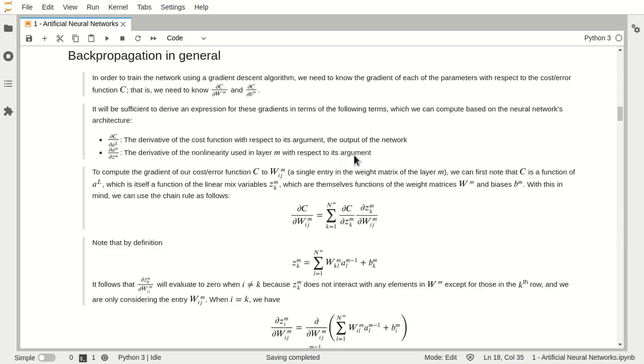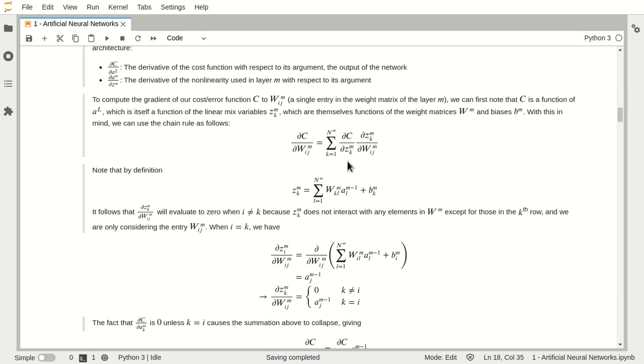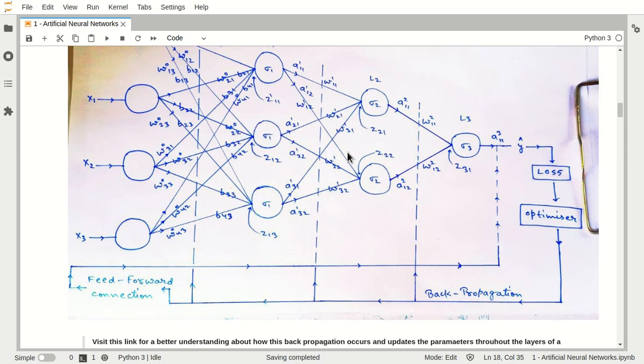So the chain rule is a procedure where one quantity depends upon another quantity, which depends upon another quantity, and in that way we first calculate the differential of this cost with respect to this Z. This Z is the output.